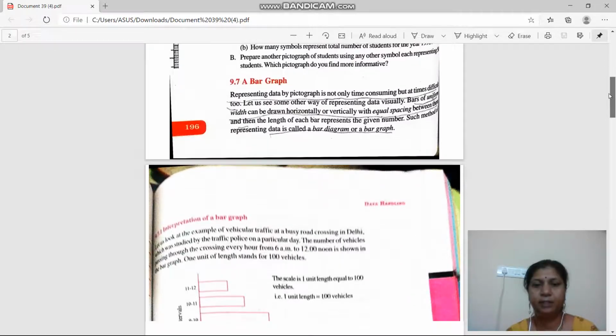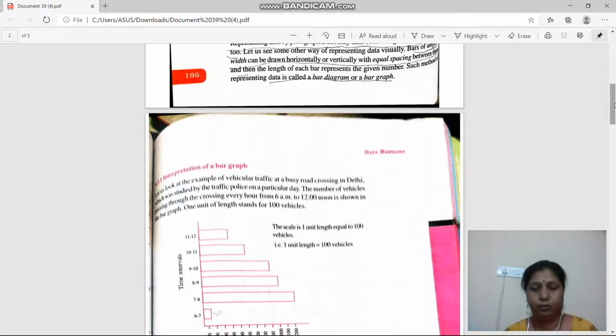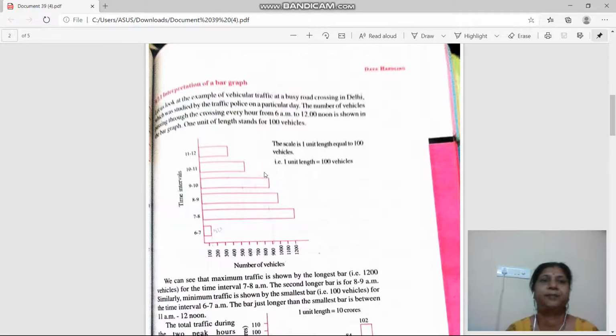Next, what we studied yesterday, we studied two examples here, one of them with horizontal bars, right? So in this example, a traffic police observed, or we can say studied, the number of vehicles passed on a busy road in Delhi within 6 to 12, right? So this is the vertical axis, it is called y axis, right? Now do you remember these things? This vertical line you have to remember as y axis and this horizontal one as x axis. Okay,